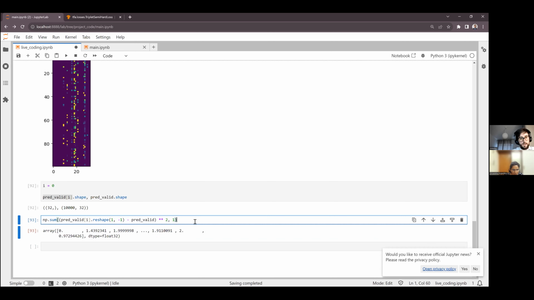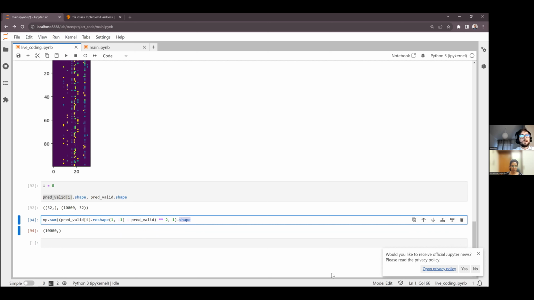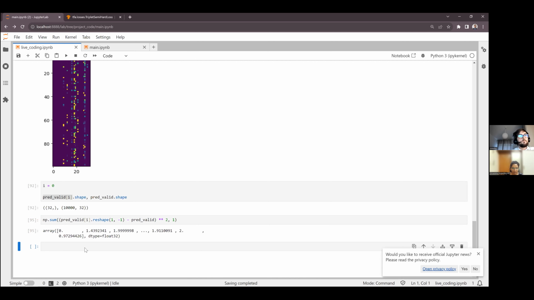You can see now we get a vector of shape 10,000. That is the number of images we have. That represents the square distance. To get the Euclidean distance, we would need to take the square root, but this is not necessary to find the ones with the smallest and greatest distance. You can see that there is one element that has 0.